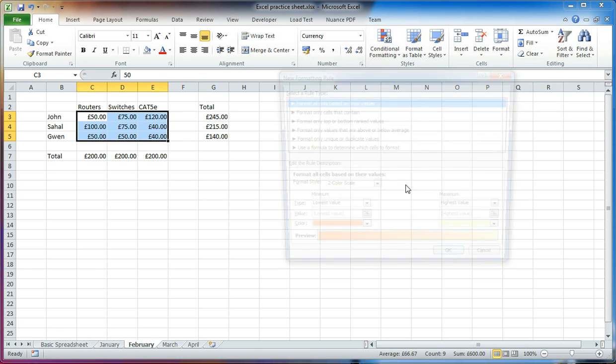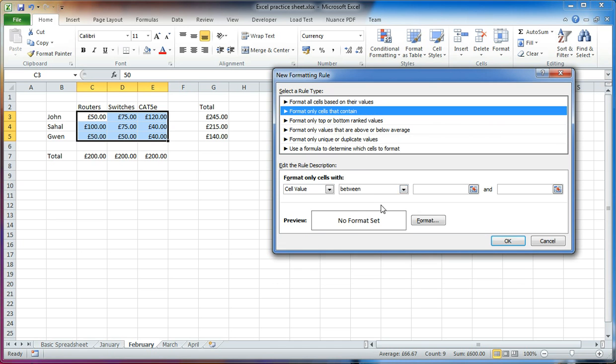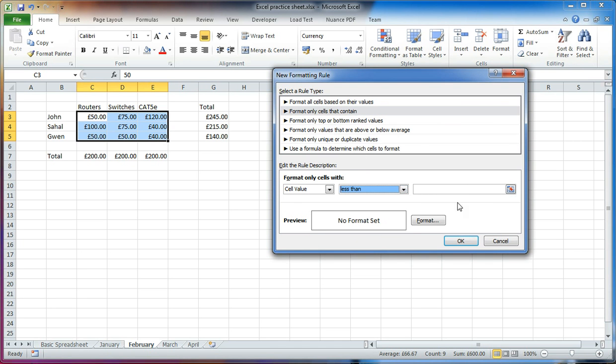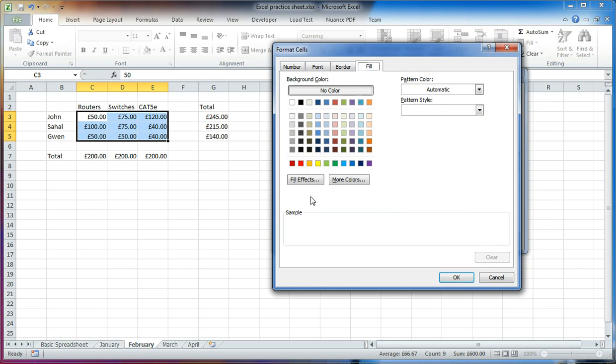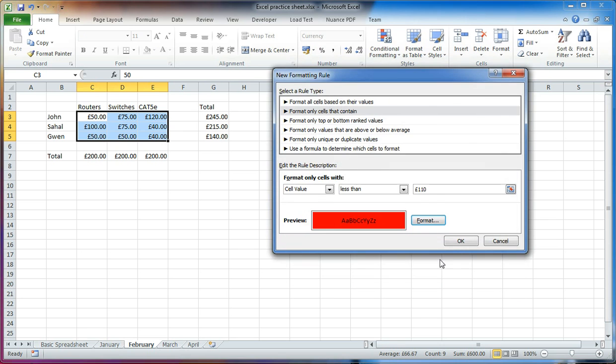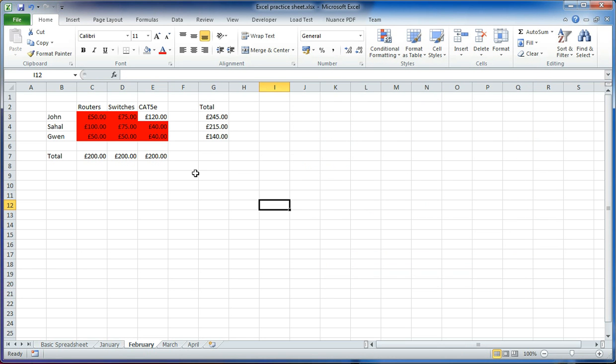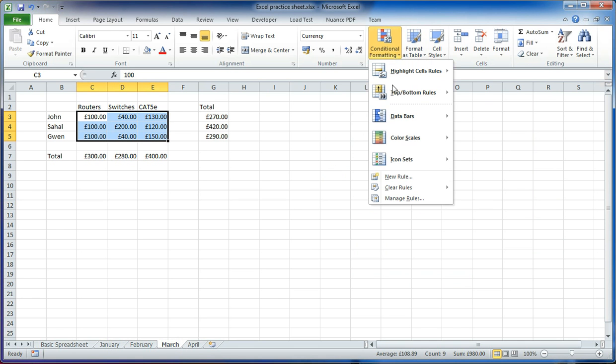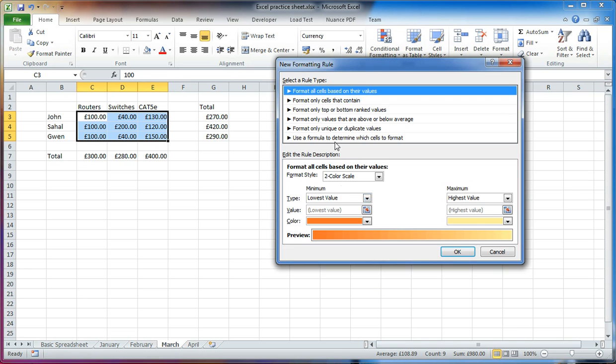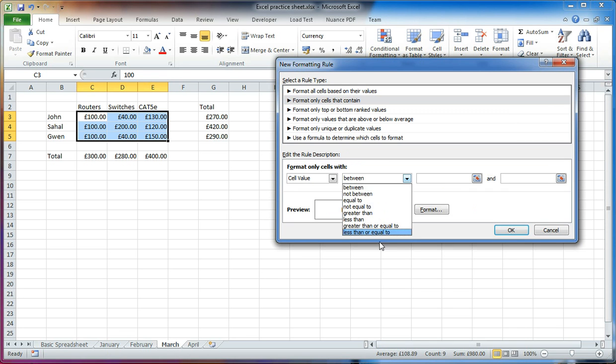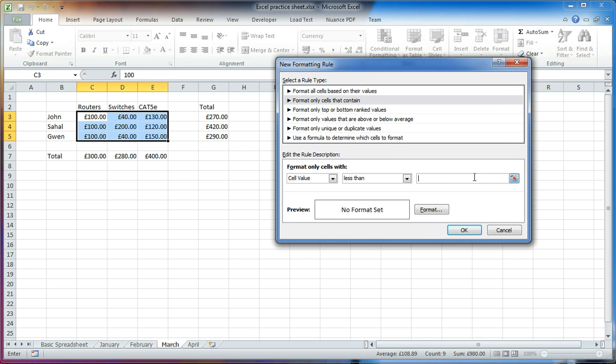Conditional formatting, new rule, with cells that contain less than £110. Format it so it's that colour red, and OK, and OK, and there we go, look at that. February has been a terrible month for people selling things. Let's go to March, conditional formatting, new rule, cells that contain less than